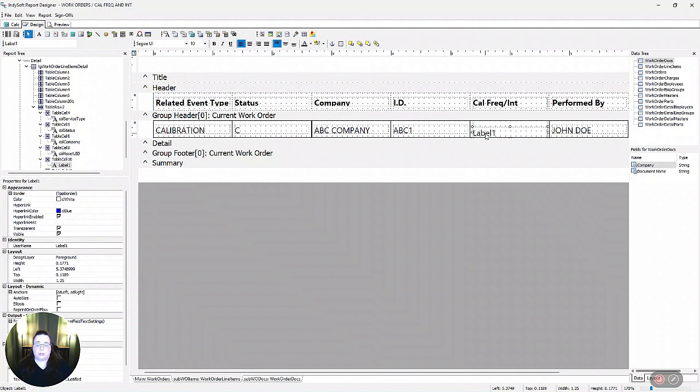If I hold down Control and the arrows, I can move that field incrementally up and down to the side. If I hold down Shift and move the arrows, I'll make the field wider and more narrow. So now it's in a position I agree with more, and it's in line with the rest of the unit